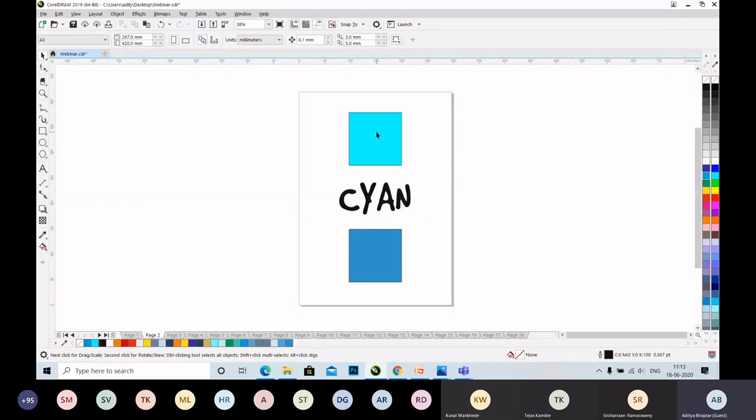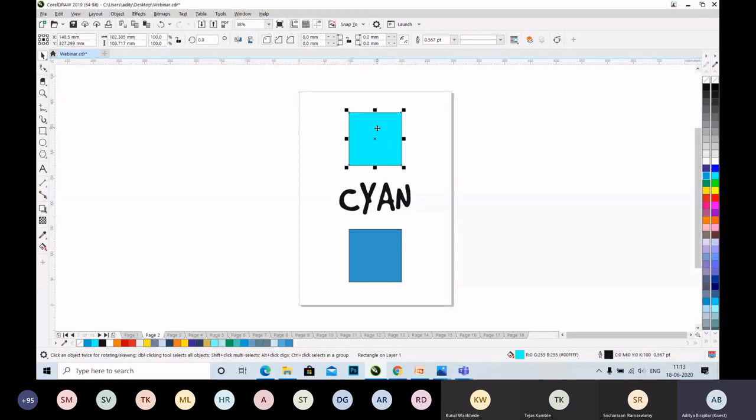But as soon as you click on any object which you created here, various functions appear at the top of your screen. Let's look at these first one by one, then we will move to the tools on the left. The tools which you see on the left and at the top are 60% of your CorelDRAW.